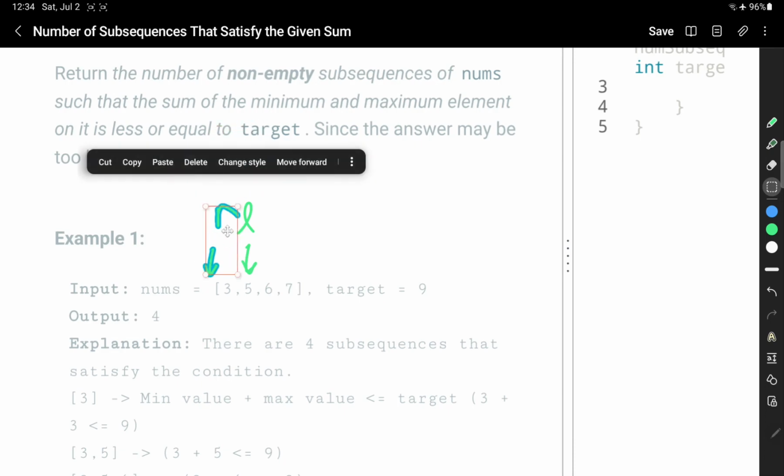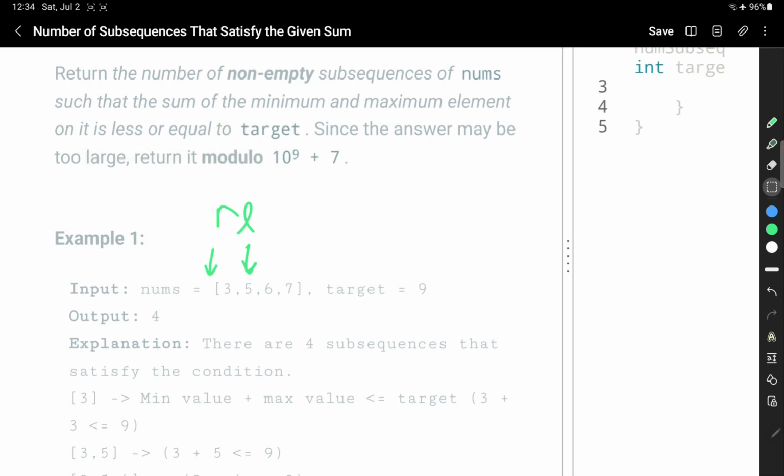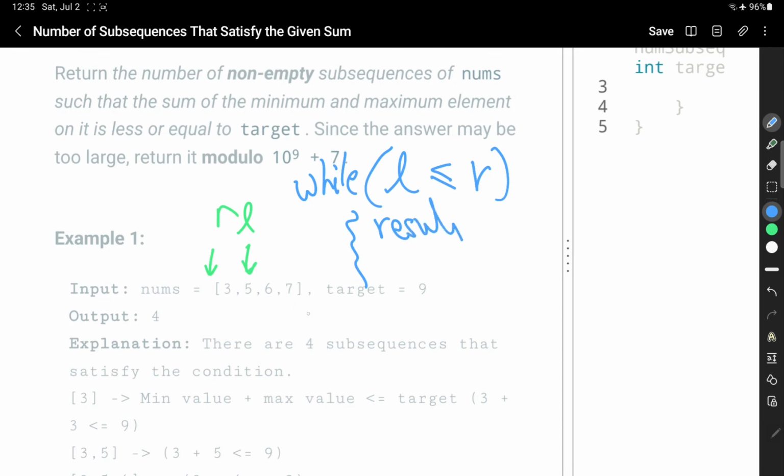We move the right pointer to here, but then our basic if condition inside the program would say something like this: while, which is a very common pattern for sliding windows and for programming interviews and for left and right pointers, while left pointer is less or equal than right pointer. So we would exit this main loop where we calculated the actual result, and now we would just return